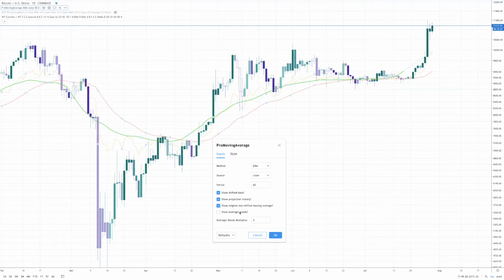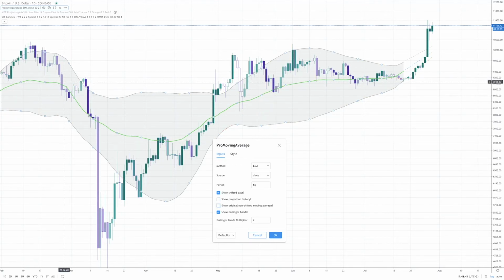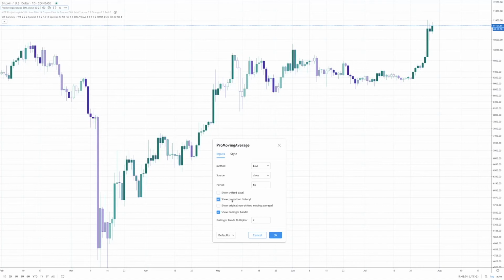And something also quite cool that Anton has added is the Bollinger Bands. And if we take off projection history, because we will have a look at that in a second, and we take off the original, this is the Bollinger Band for our special offset professional moving average. And then if we turn the show shifted data off, and then we click on show projection history, this gives us,